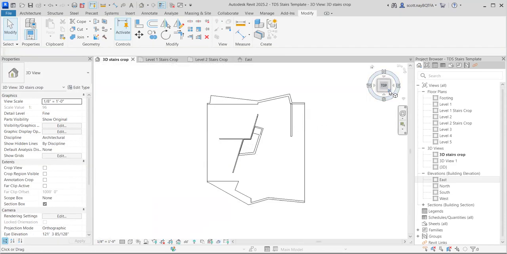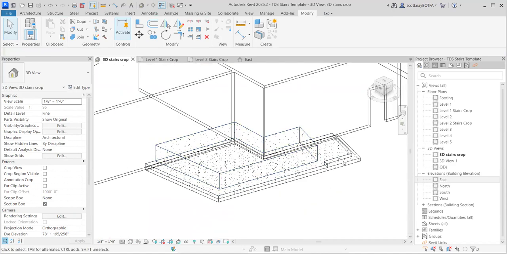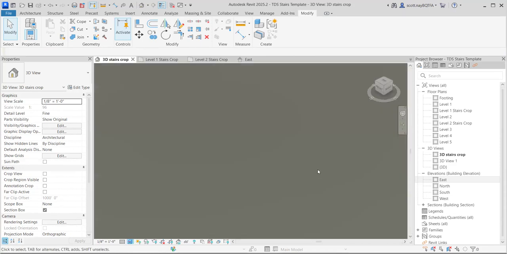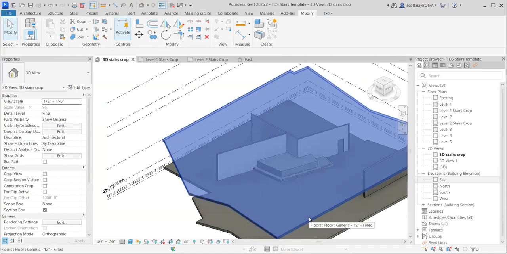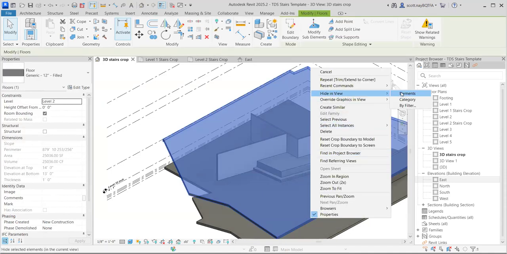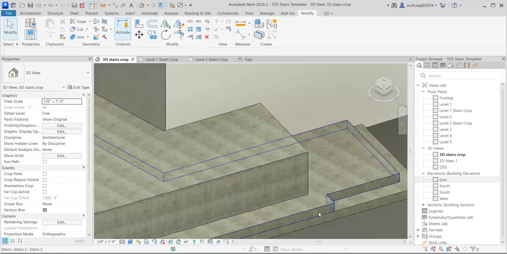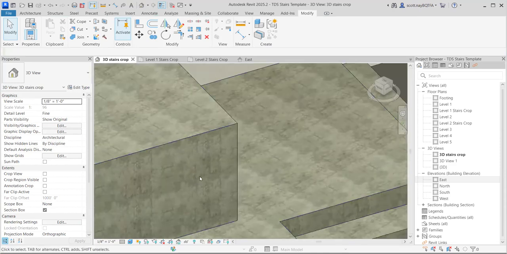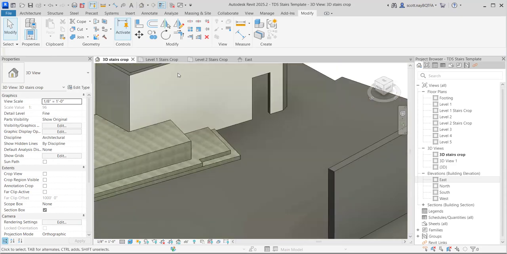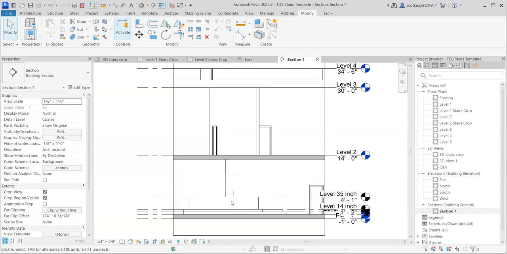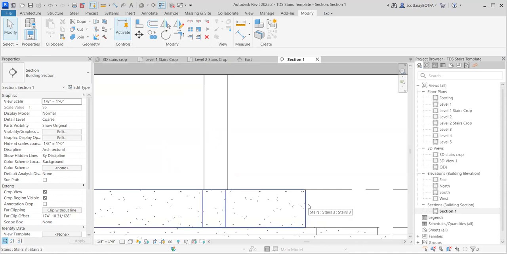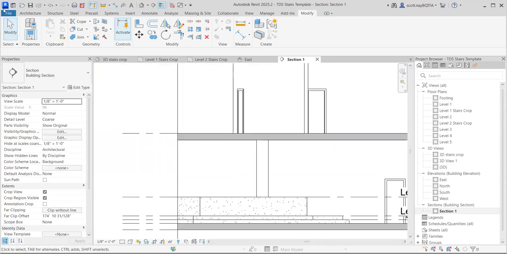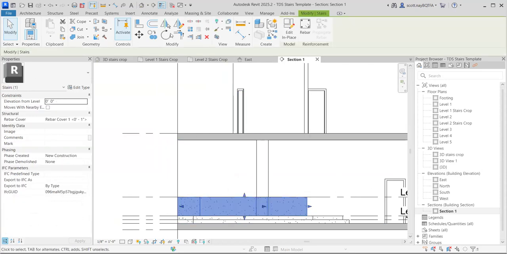So now in our 3D view, you can see we've got these stairs, except for we have a giant jump right here. I'm gonna hide this floor for now. So we'll probably go in later and change the size of this texture. But what I can do now is I can go into that section we made. And I have a nice parallel view to this geometry. I can highlight it, edit in place,